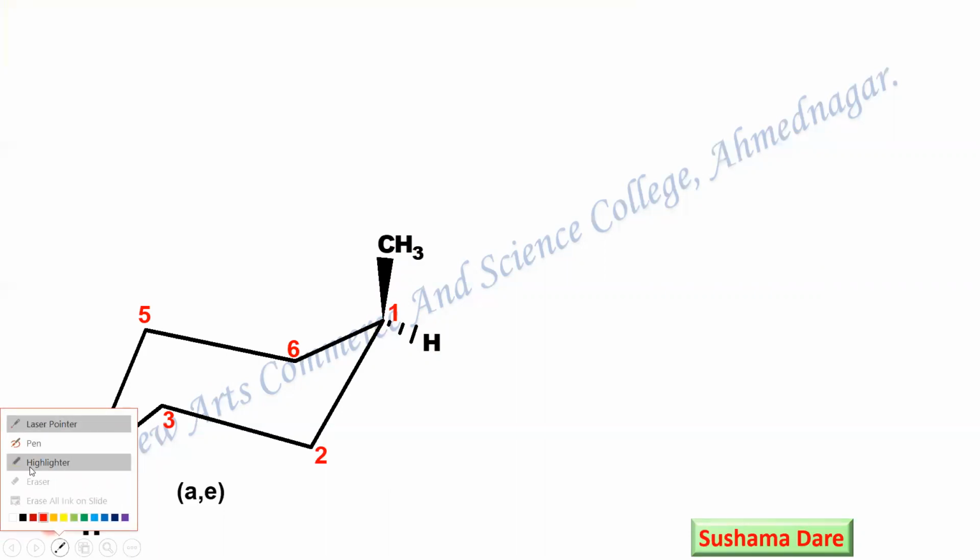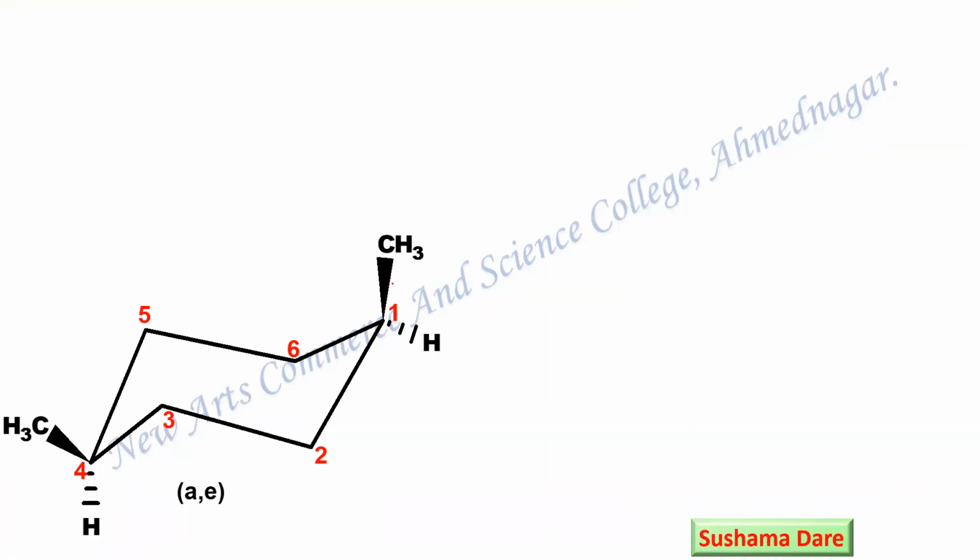So what do we call this bond? This is an axial bond, and as the bond is going in the upper direction, I call it a beta bond. The hydrogen is now at the equatorial position, and this bond, going in a downward direction, I call an alpha bond.